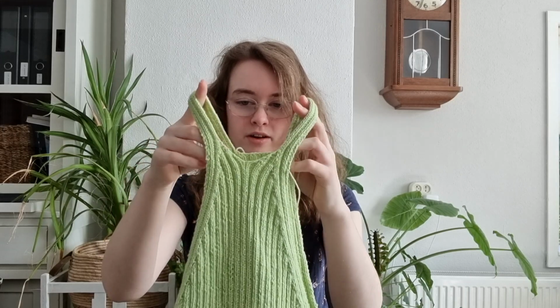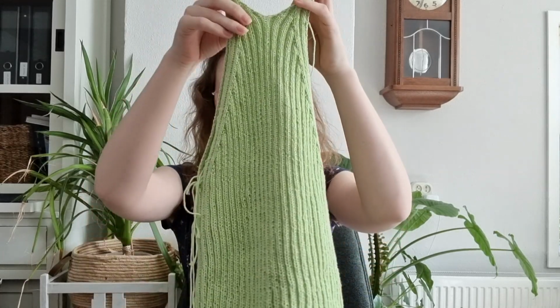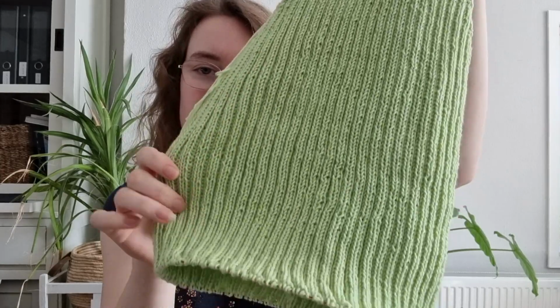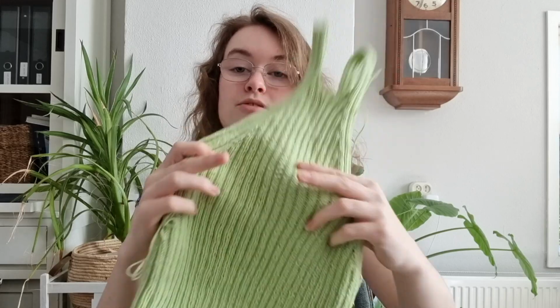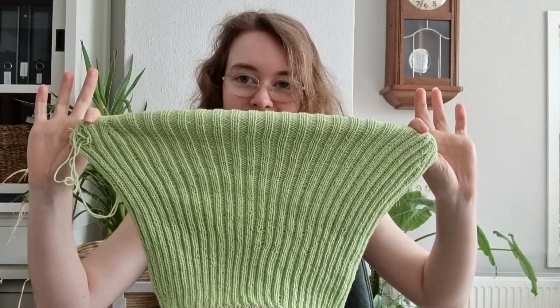But I am almost on the end of my 3rd skein, so I think I'll have to break into the 4th. I have 5 skeins of this, so that's fine. But I think I just have to break into the 4th for a little bit, and then it is done. But this is camisole number 5, my favorite thing in knitwear, and I absolutely love it. I love how this just stretches out a lot. It fits great. It fits perfectly around my neck, around my breast circumference, underneath my armholes. It's perfect, and I